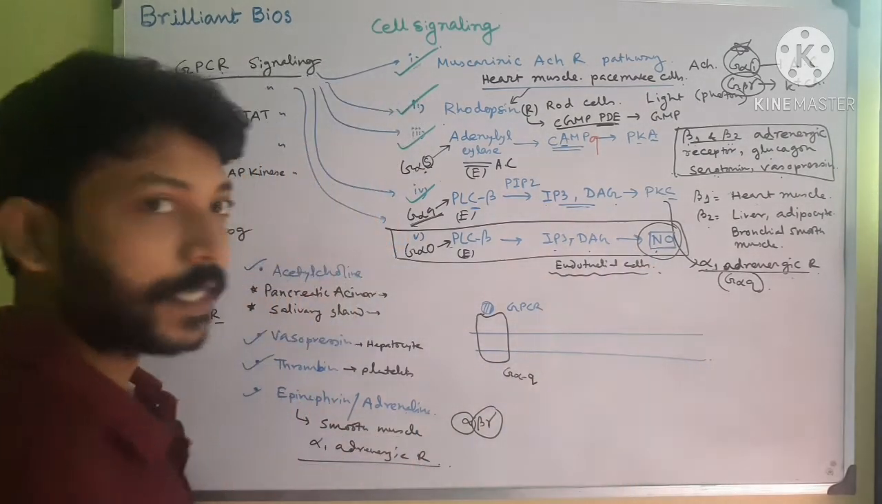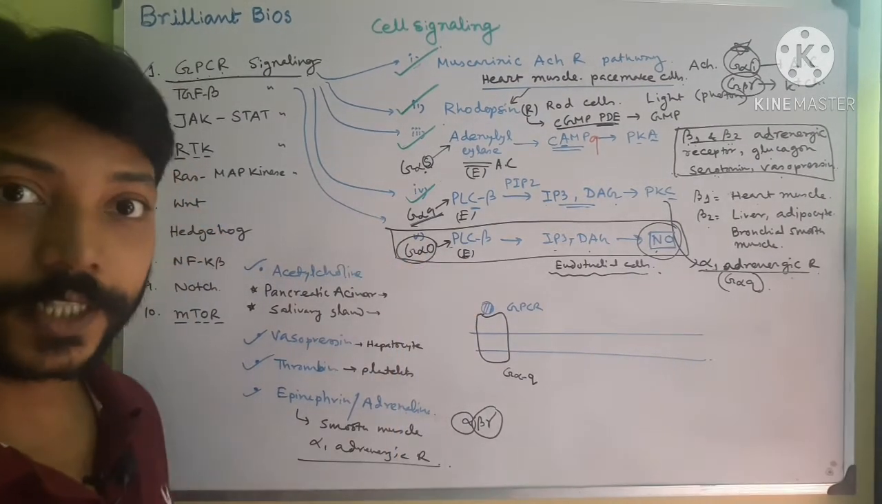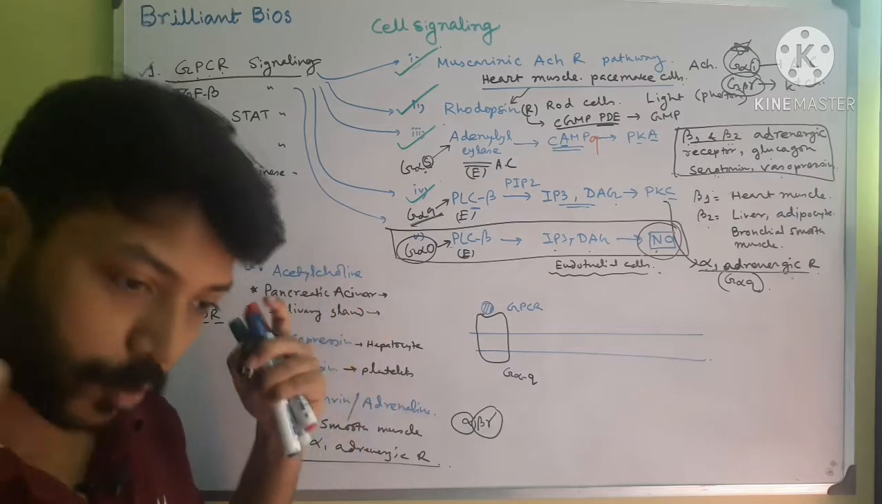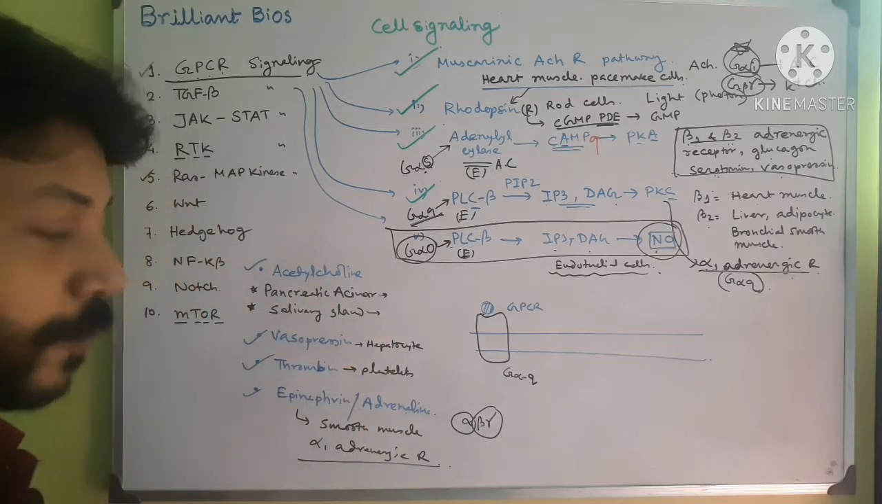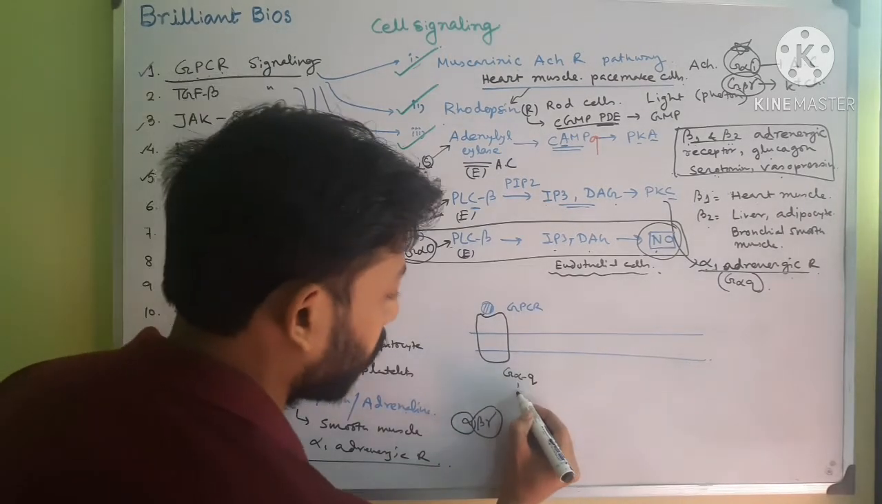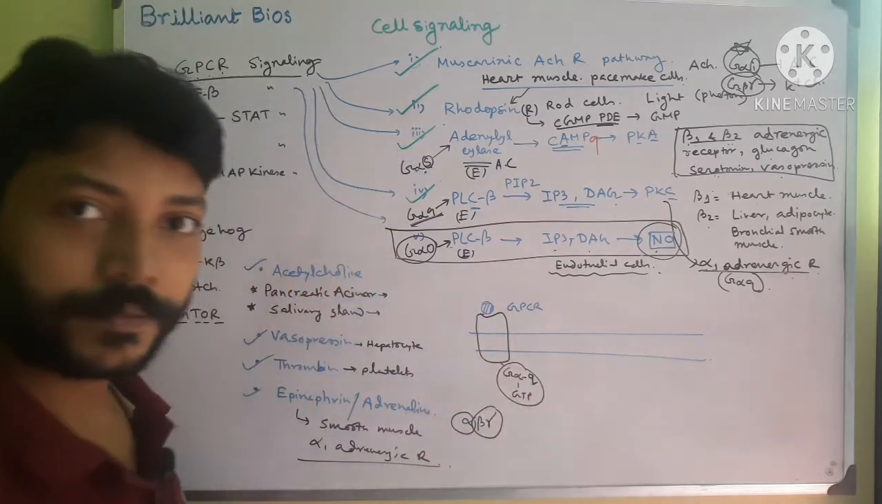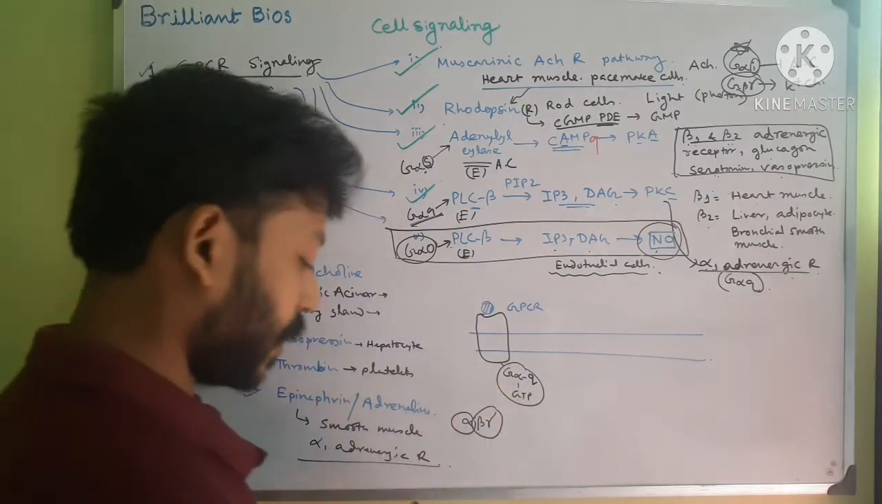In case of endothelial cells, the G protein is called G alpha O. So this you have to understand. You have to memorize this thing also for your preparation of CSIR NET. G alpha Q gets activated because it associates with GTP when it binds with the activated GPCR. Then this G protein activates another